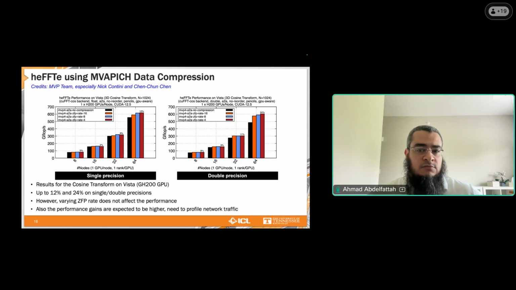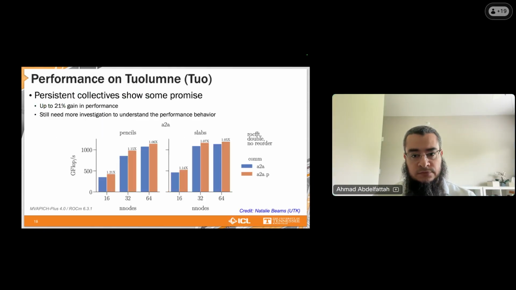Yes, that makes sense. As you can see, there is a little bit of a drop between the blue bars and the red ones. It's very slight. So this could be what you are explaining here, but I wish we could profile the overhead of the compression itself.